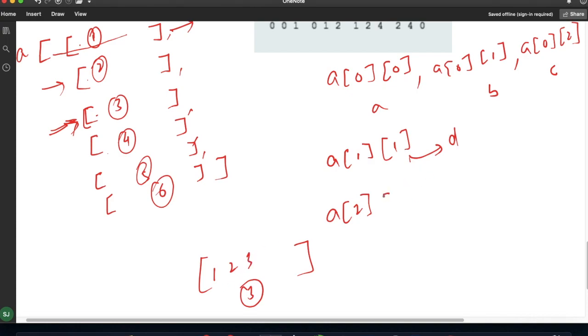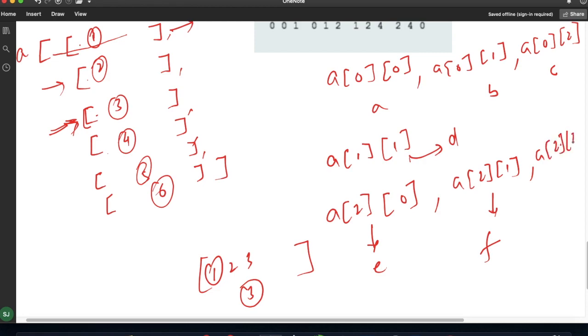If I write A of 2,0, it will return me the E value, the very first element. If I write A of 2,1, it will return me the F value, and similarly A of 2,2 will return me the G value. So we are done with the A, B, C, D, E, F, G value.